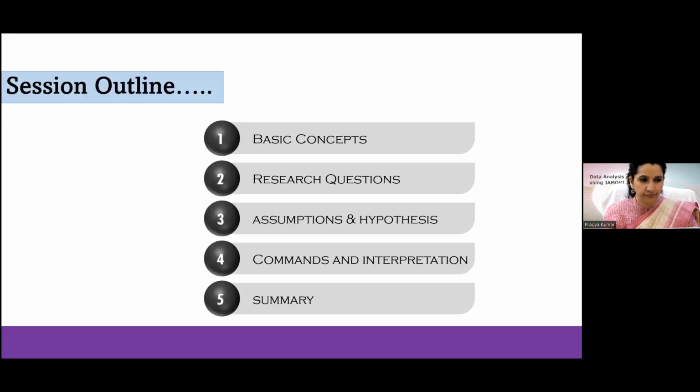So coming to this session, first we learn the basic concepts of chi-square, what are the research questions, and till now we have learned the descriptive statistics. So descriptive is only describing the data, but in analytical you infer about the population. So it's inferential statistics. From now onwards, you will see that there are two hypotheses, null hypothesis and alternate hypothesis. In descriptive, we don't have any hypothesis. It's only the summarization of the data. So here we'll see the basic concepts, then the research question, assumptions and hypothesis, what are the commands and